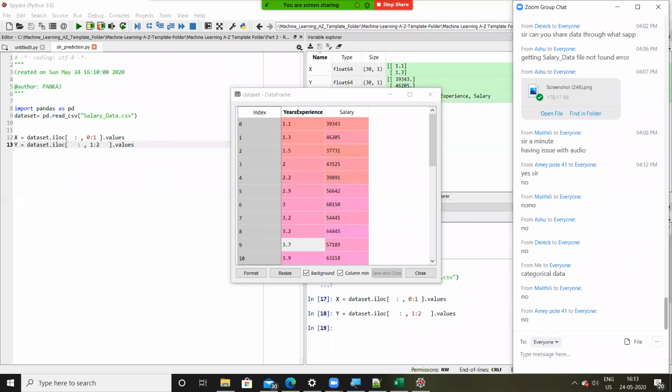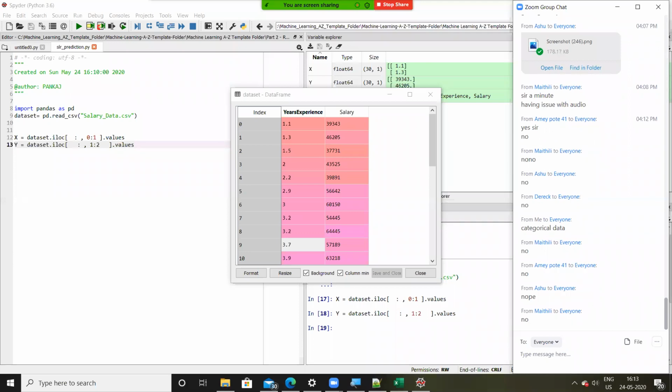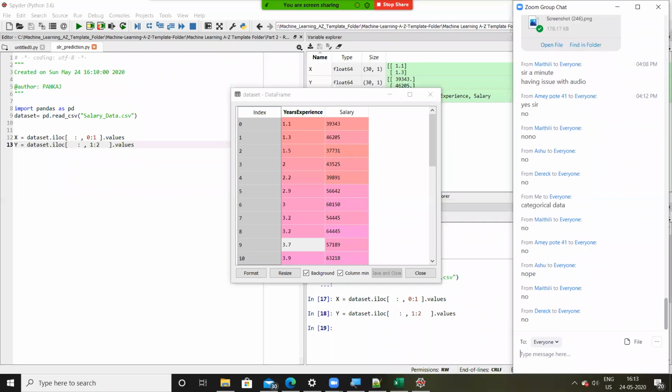I just got 2 responses, Ashu, Derek. Perfect. Right, so we don't have categorical information. That means I don't have to apply label encoding. Since there is no label encoding, logically I don't even have to apply one-hot encoding.